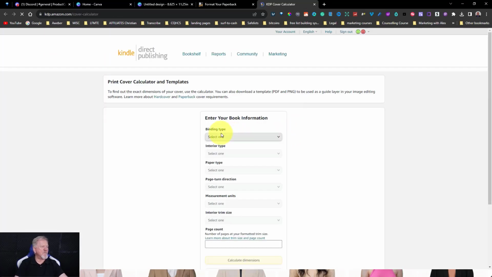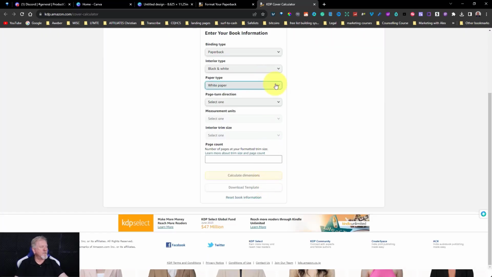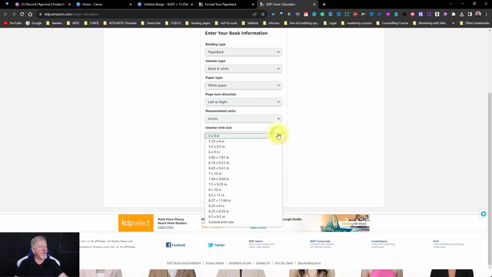Now over here it says binding type. Click on that and it's going to say paperback. Interior type, we're going to have black and white. Select paper type, we're going to do white paper. Down here, we even might do color paper if we want to, but no, white paper is fine. Then we need to go over here, left to right. Then we're going to have measurement details in inches, and in this particular case, we're going to be doing 8.5